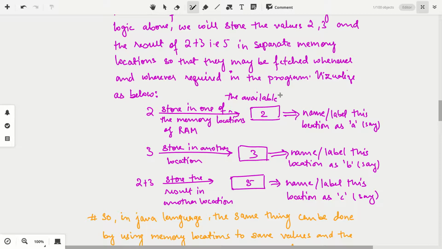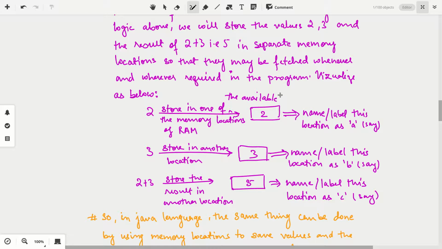Now let's say we will ask the computer, hey computer, I have heard you have got 8 into 10 to the power 9 boxes or bytes. Can you give me one of the free spaces so that I can store one very small value? Computers, being your very humble friend and servant, will say, fine sir, I have got some few boxes which are available, I will give you one.